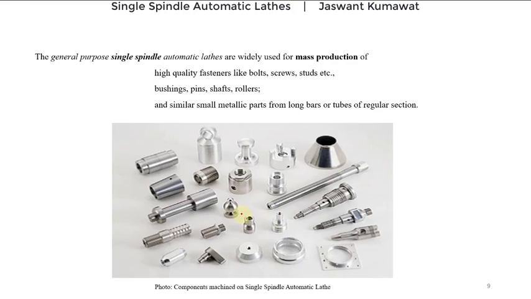You can see the size of these components is very small. That means the components manufactured on automatic lathes are mainly of smaller size. Also you can notice the components are generally made from long bars or tubes of regular sections. However, in chucking type automatic lathes, we can also machine irregular sections.